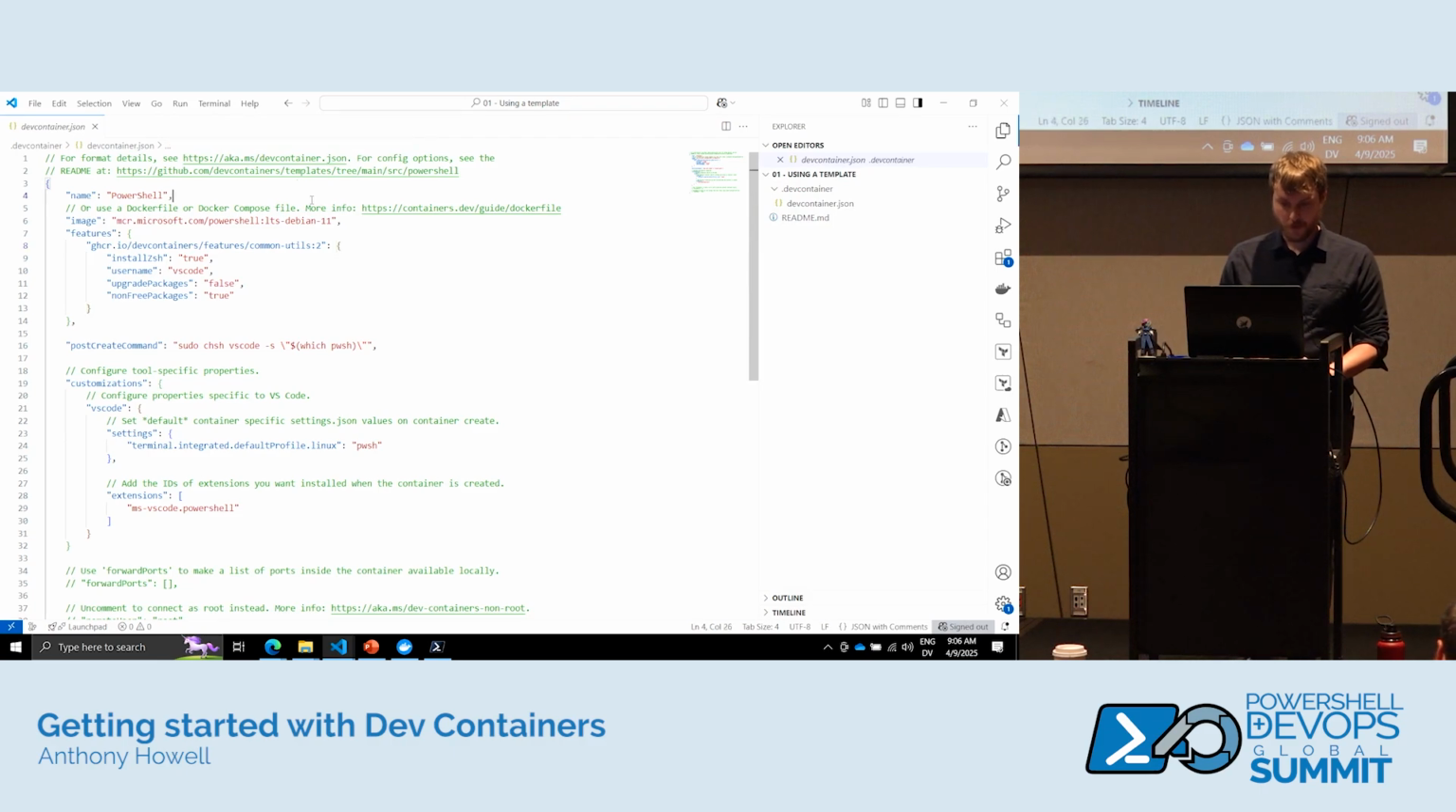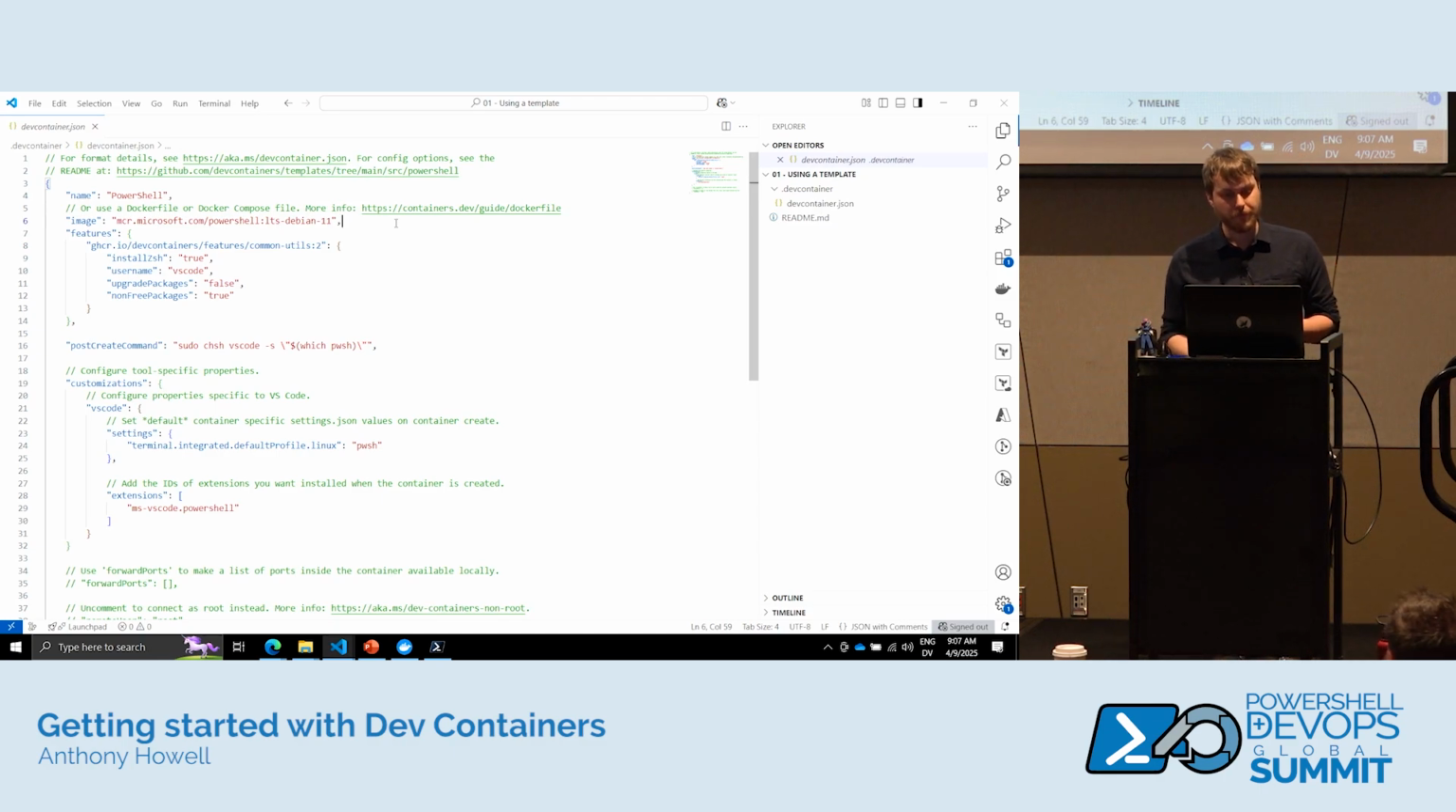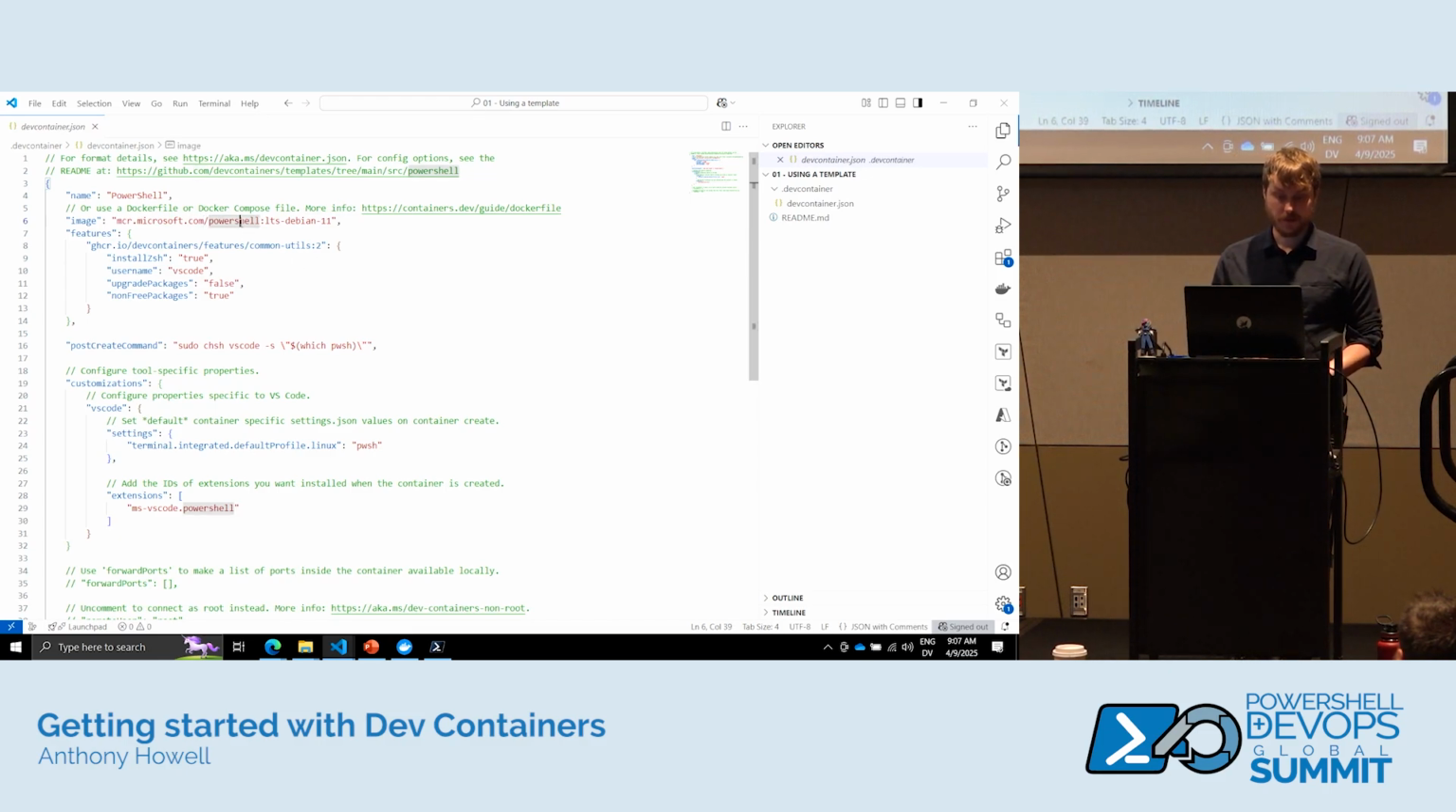So this template, you can see there's actually a link to the template if we wanted to look at that. But it's a JSON file, and it has a name at the top, and then the image. So this is the container image that it's built on top of. If we look, this comes from the Microsoft Container Registry, mcr.microsoft.com, and it is the PowerShell image. So this is literally the image that the PowerShell team builds, and the tag is